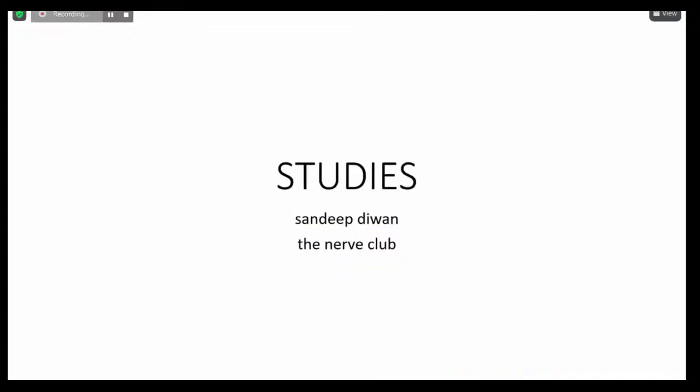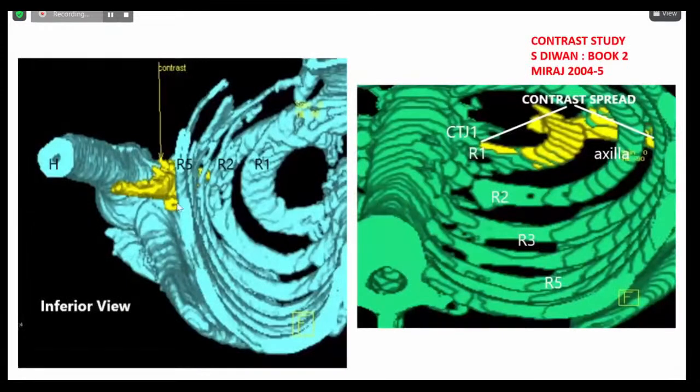Now coming to our studies here, this is the contrast which I injected in the axillary. You can see the cephalad spread. This is the third and the second and the first one. And in another case, what I found was the block was very dense. These are catheter techniques, and you could see this is the contrast which is going on the first strip, and it's probably blocking all the components of even the